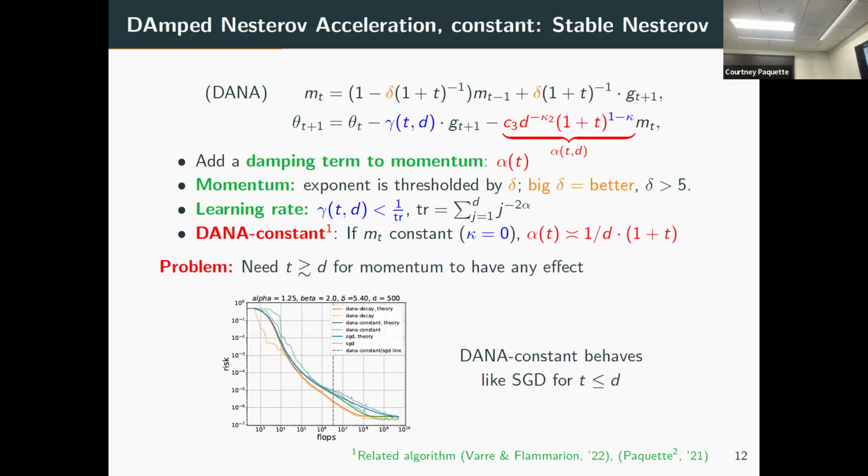But the problem with doing something like this, which by the way has a related algorithm, is that when t is smaller than d, this is basically negligible. And you're just doing SGD. You can see this in this green curve here. You see that it's negligible and then after t is equal to d, you see an acceleration. But it requires d steps before you see anything, because this thing is being killed so fast at the beginning with the 1 over d. You need 1 over d for this to even start to appear.